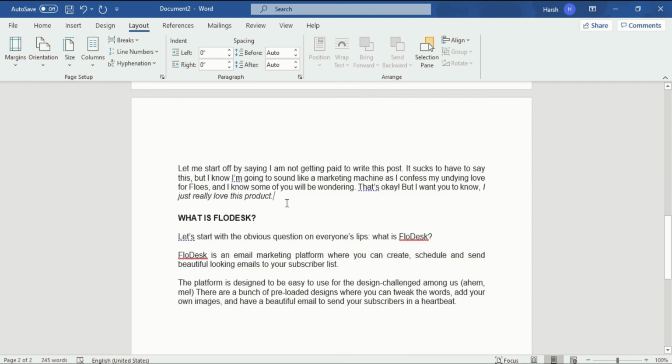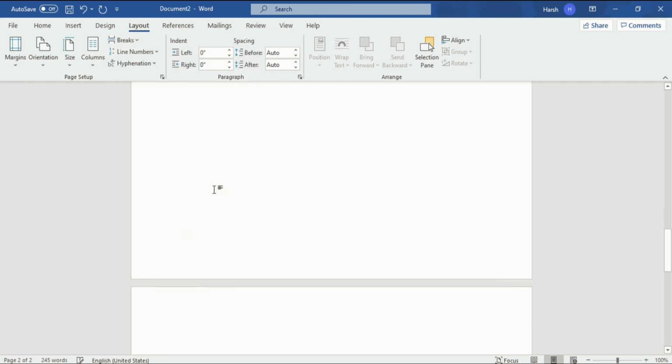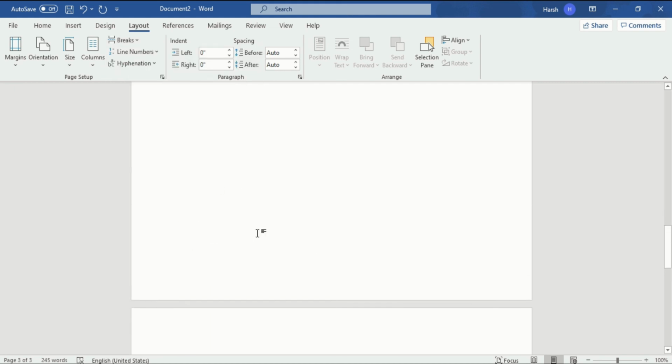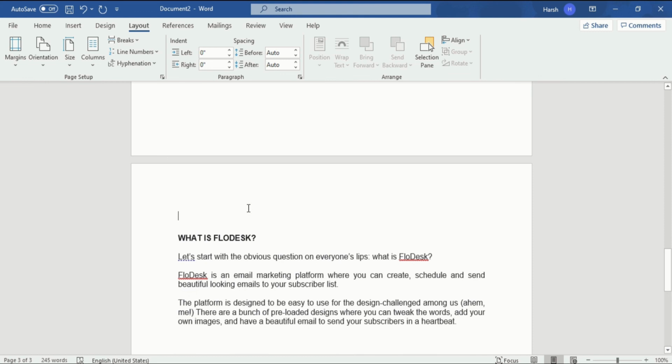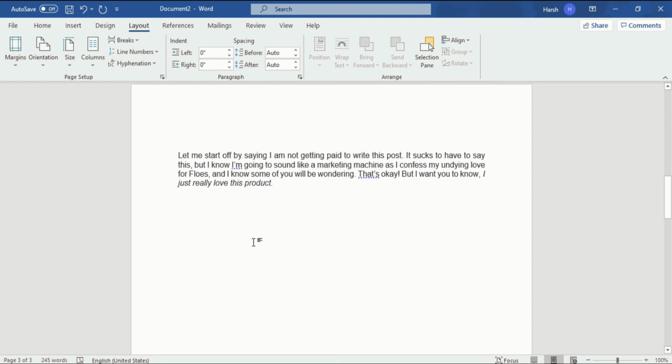Now I will again insert a break, because after this paragraph I want the remaining paragraphs in portrait only. So again I will click at the end of our paragraph, go into the Breaks section, and click on Next Page. When I click on it, you will see a new page has been inserted and the remaining things will be moved on to another page. Now we are left with this page.